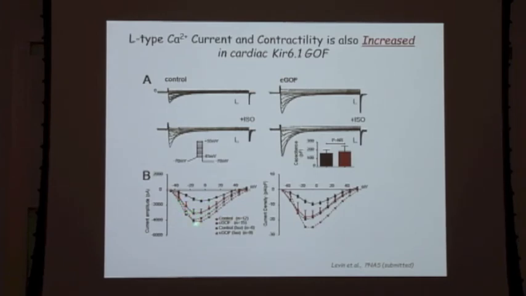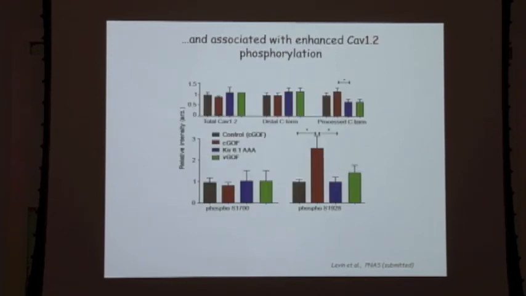And if we add isoproterenol, they're both normalized. So the same effect from a totally different transgene, but it still introduces a gain of K-channel function into the heart. And with the help of Bill Cattrall, looking at phosphorylation of these subunits, we see that in the cardiac gain of function,